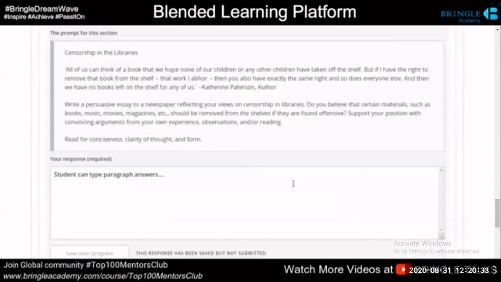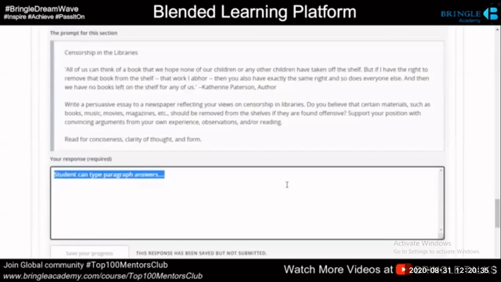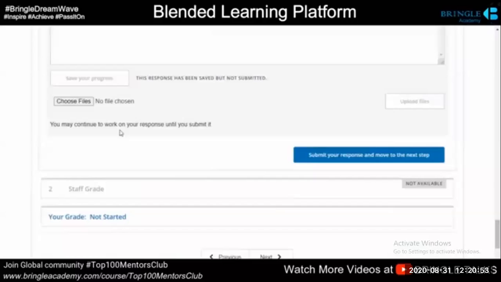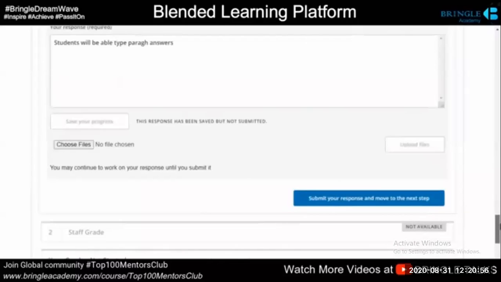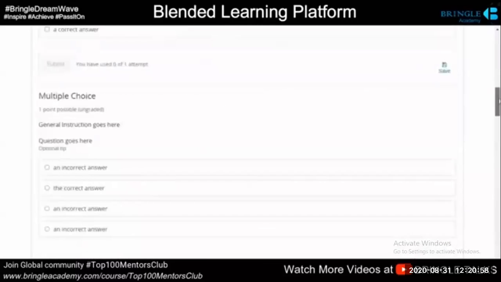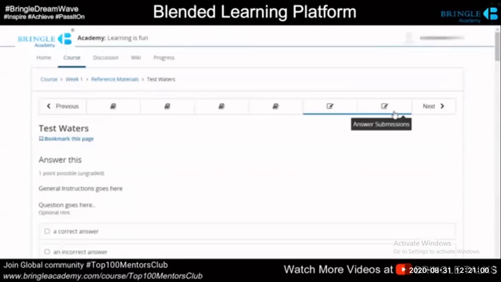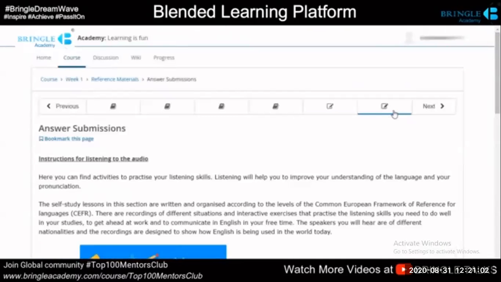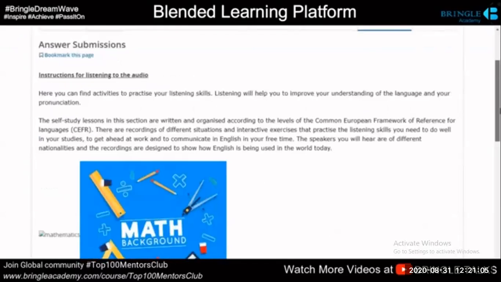Now let's talk about paragraph answers. Students will be able to type paragraph answers like how we are seeing here and submit them for evaluation as well. It is also possible to upload attachments during submission and things like that. So that's all about informal assessments.